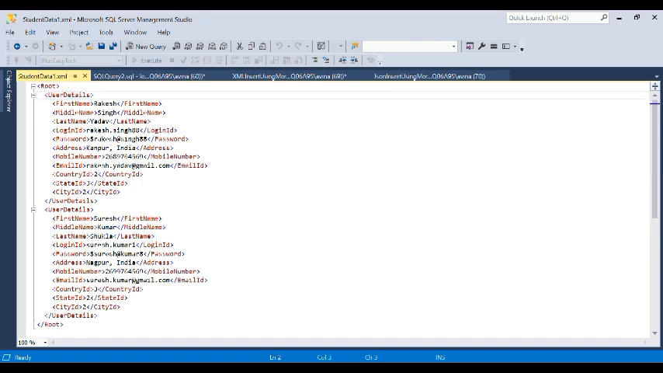The user details tag means one row. You can consider one row, user details close, right? It means one row has multiple columns: first name, middle name, last name. Then the second row will start from here. Then the third row you can create the same way, right? So you can create node-wise rows, and insert multiple rows into the database with the merge